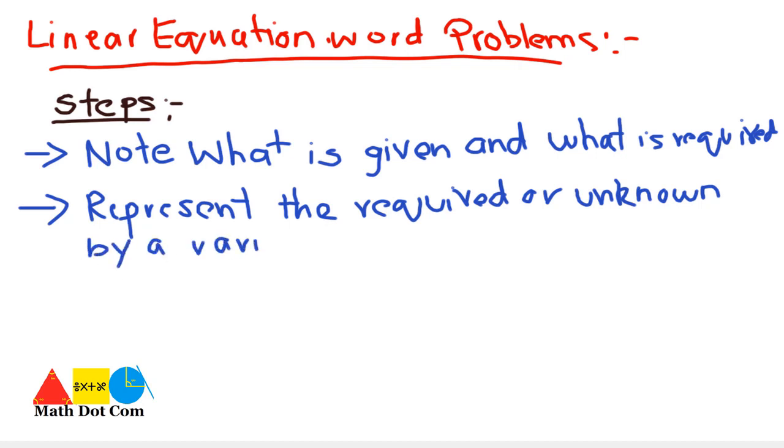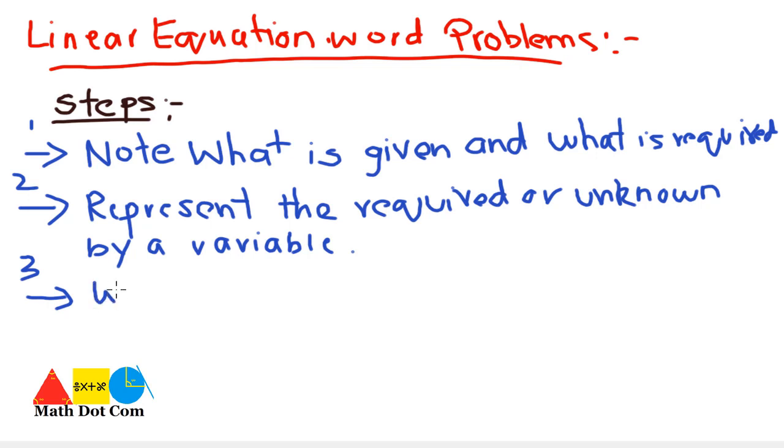It means you are assigning a variable to the unknown or required quantity. The quantity that you have noted in the first step will be replaced by a variable in step 2. Okay, step 3 is